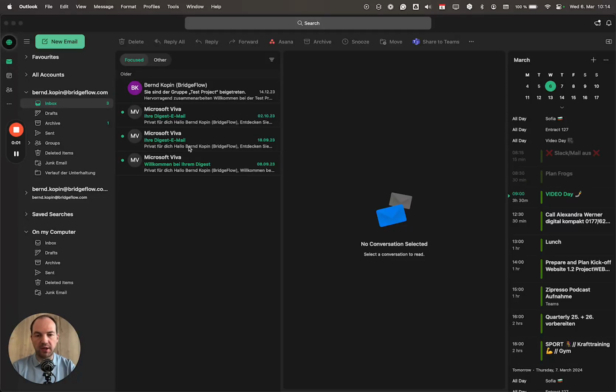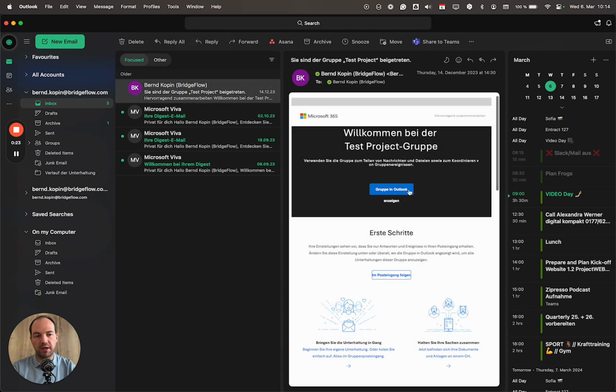The first way to integrate an email into Asana is to use the native integration into the Outlook app, which you can find here just by installing it in the Microsoft Outlook app. We're also going to put the link into the video where you can find that download app. So let's assume you received an email and you just click on the email, really easy, you can see the